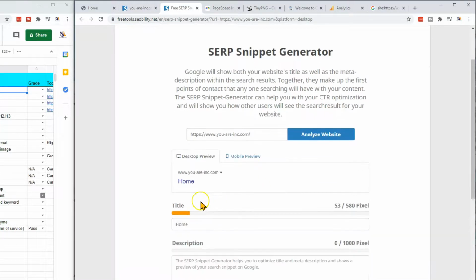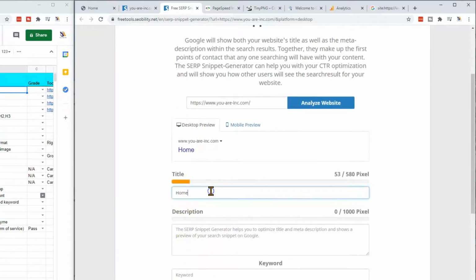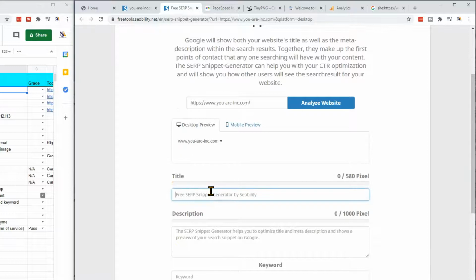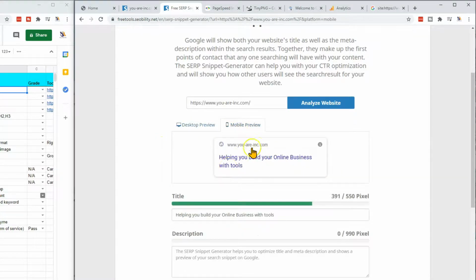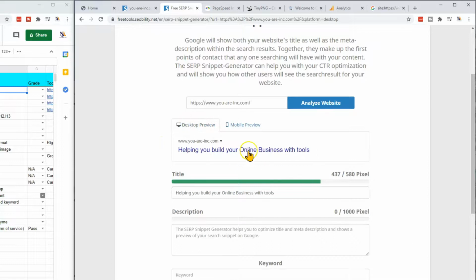So you can write here, for example, helping you build your online businesses with tools. You see here that this is like a preview of what you look like in Google, and this is the space that it took.